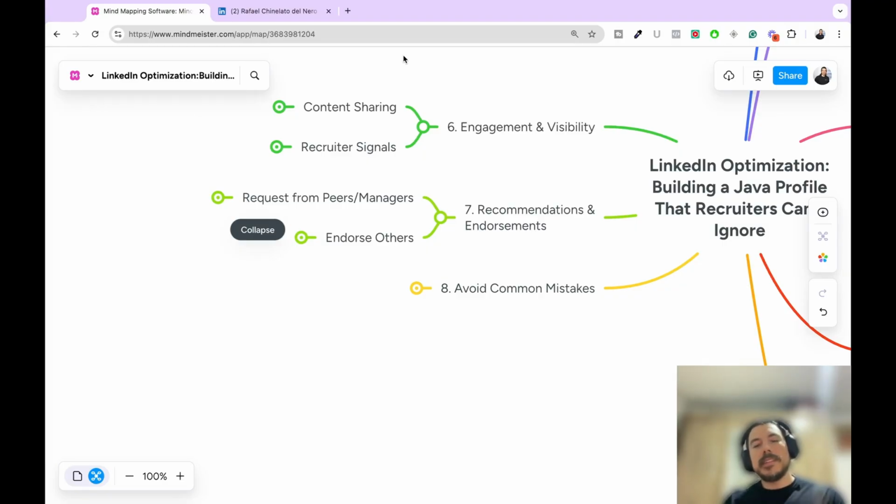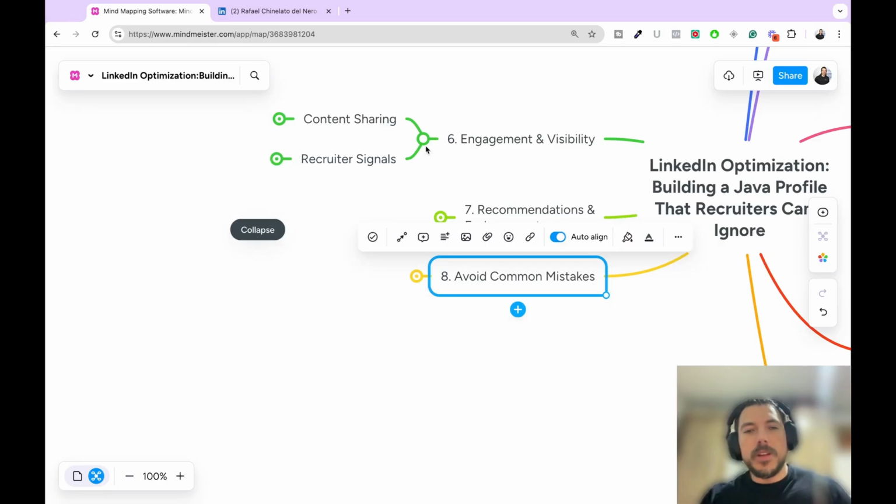And I will say that around 80% of the people you give a recommendation to will give you a recommendation back. So that's why I'm telling you to have the giver mindset. Some people won't give one back, and that's totally fine, because life happens to everyone. People might be busy, people might be doing something else. So keep that in mind. Just be a giver, give the recommendation, and they'll be very likely to give one back to you, right?